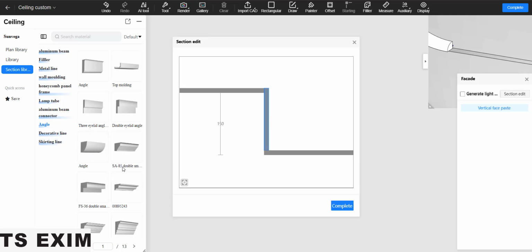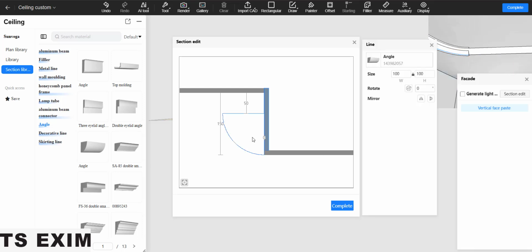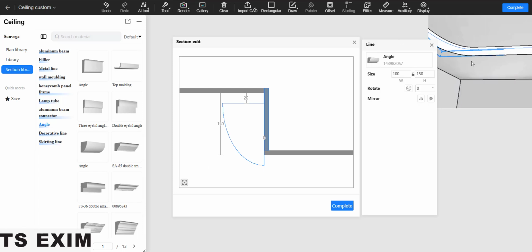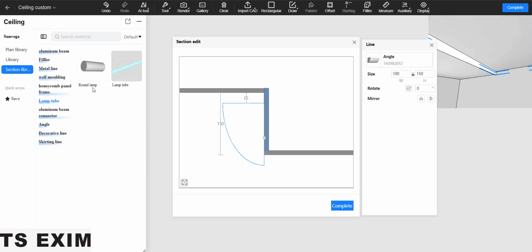Click on the line and then you click on the section edit, click on angle. Alright, and then you can adjust the position if you see it's overlapping or you see the sizing is not tally, so you can adjust the sizing over here. Okay, you can change the same as previous one, 150. Okay, and you can adjust the position. Alright, so you can rotate the camera to see the outcome, and you can also add